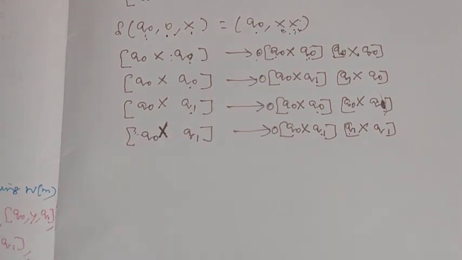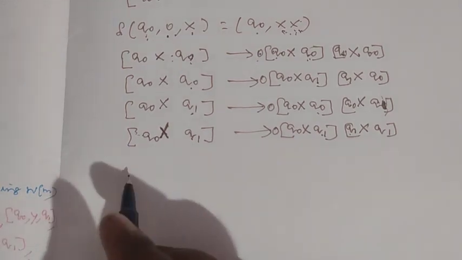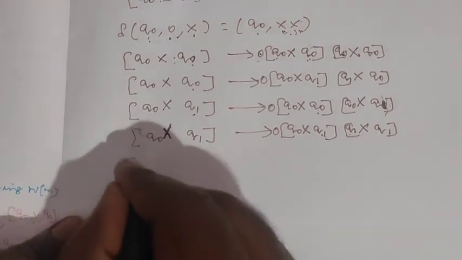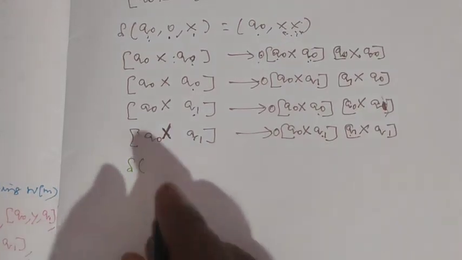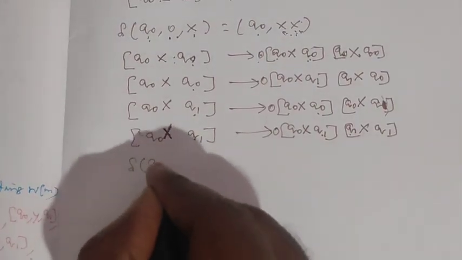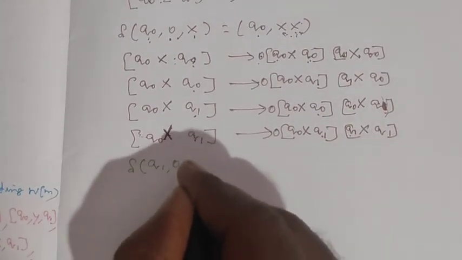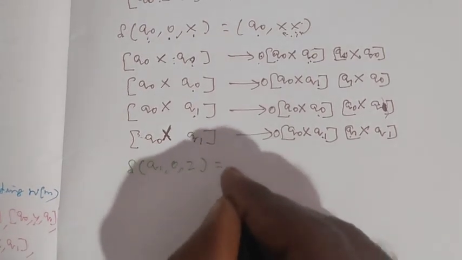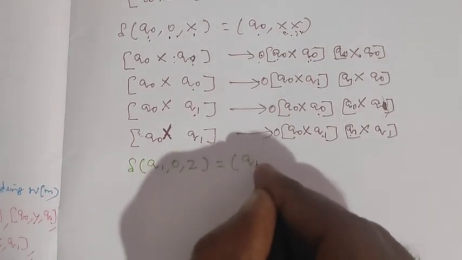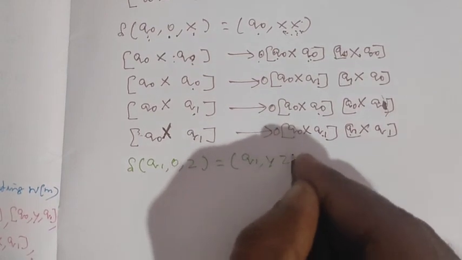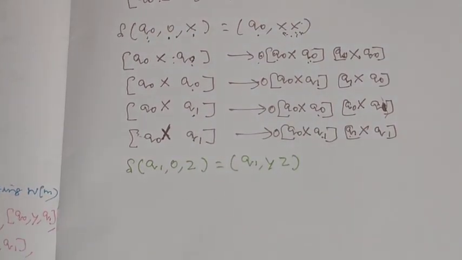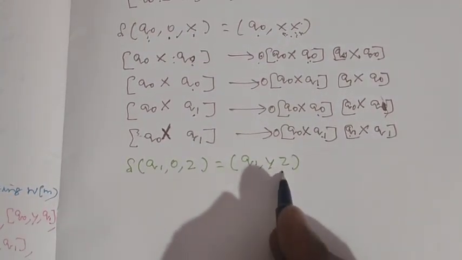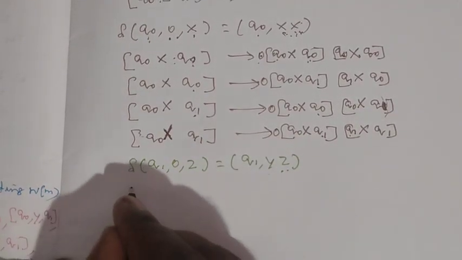Fifth transition function is delta of q1, 0, z is equal to q1, y and z. Same concept. So since we have two symbols, 2 to the power of 2 is actually 4 productions we have to write. So first production,